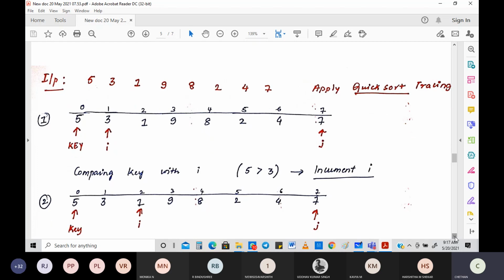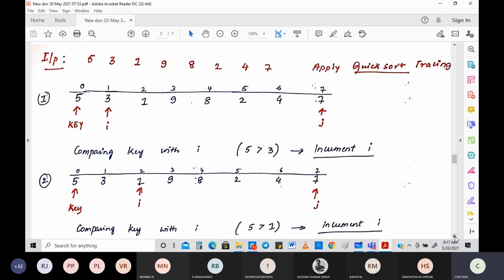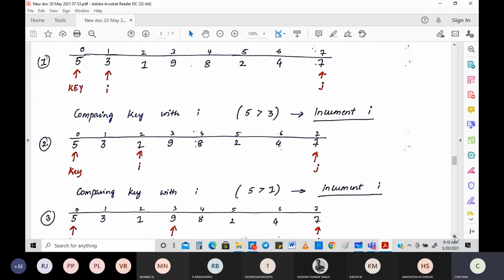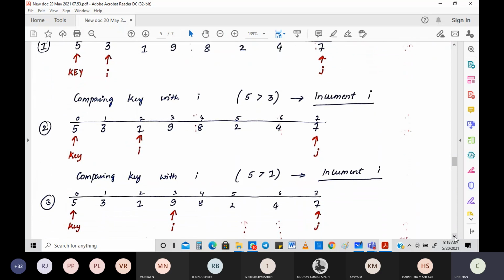Again, the key element is fixed at 5. I is now pointing to 1. Comparing key with I, 5 is greater than 1, so increment I. Now I will be pointing to 9. Is it correct? Yes, it's pointing to 9 now.